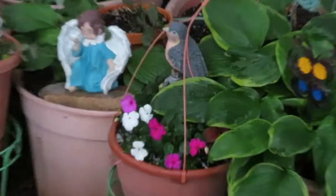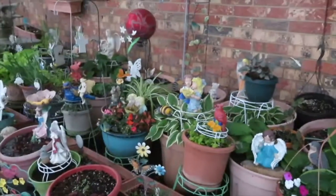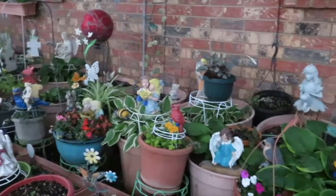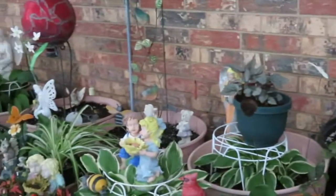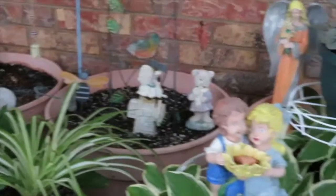I have not planted my caladiums yet, and I really wanted to get those in the ground, but again, maybe tomorrow. But they'll be pretty when they do bloom. I'm not really sure where I'm going to put them. I might go ahead and put them back here where I put, oh my, I'm so tired I can't even think of the little